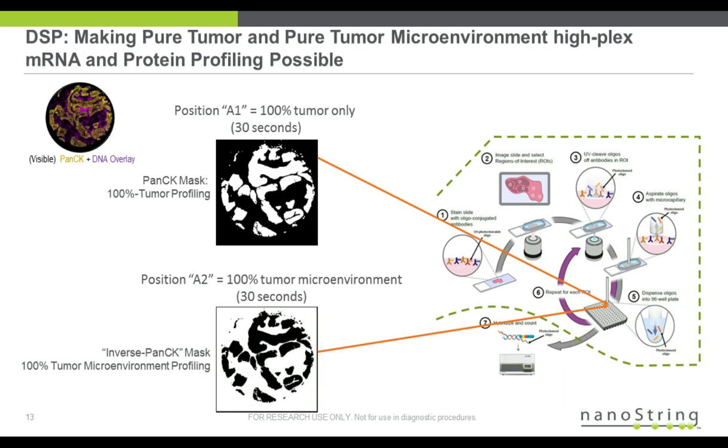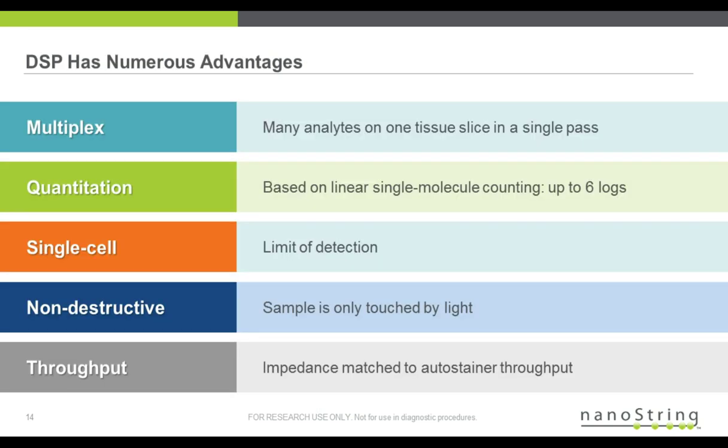This is a very unique feature of the microscope, so that in two 30-second operations, I end up with one well with a digital replica of the tumor-only profile, and the microtiter plate well right next to it could be 100% of the tumor microenvironment. So I'm going to summarize the overall intrinsic features of the microscope here, and then I'll hand it over to Mike, and he'll show you what you can actually do with this on real clinical samples.